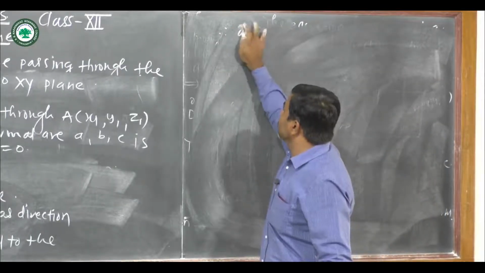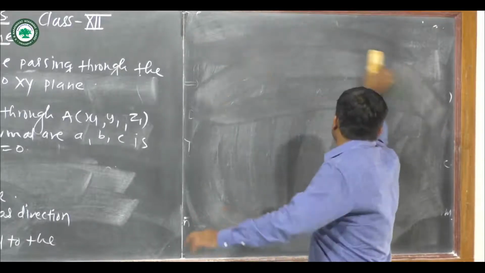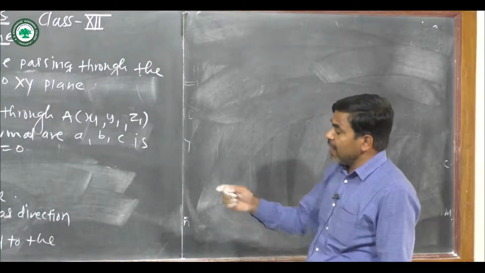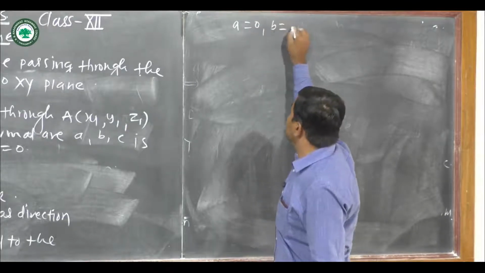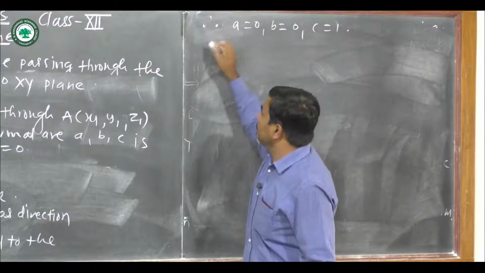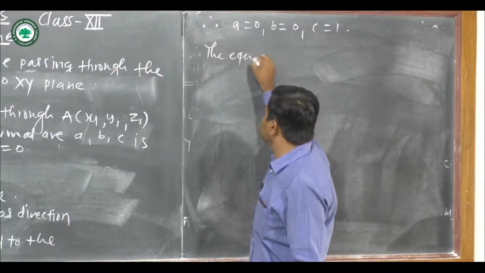A is equal to 0. Direction ratios of normal to the plane are 0, 0, 1 means A, B, C are 0, 0, 1. So A is equal to 0, B is equal to 0 and C is equal to 1. And so therefore the equation of required plane